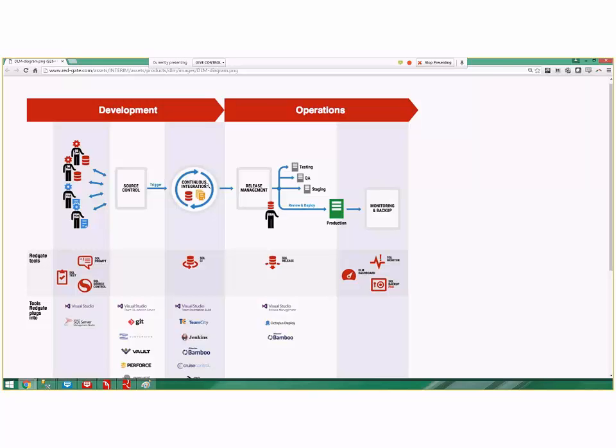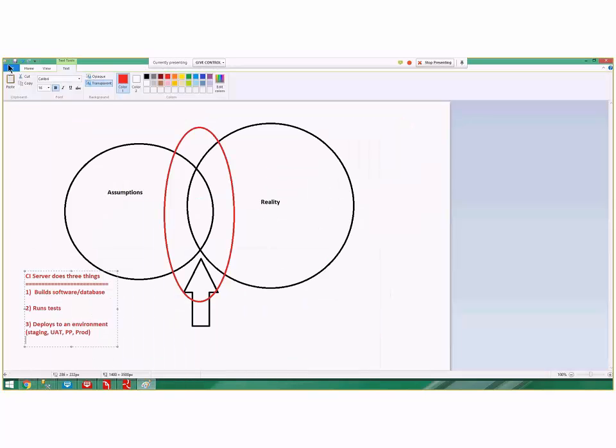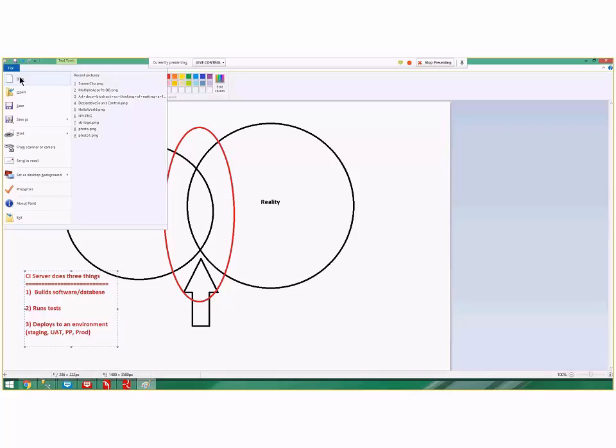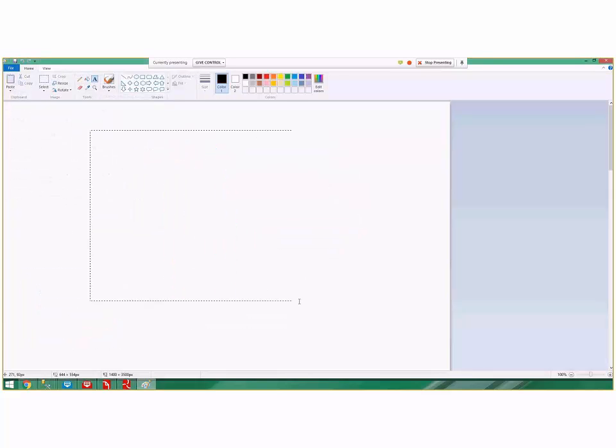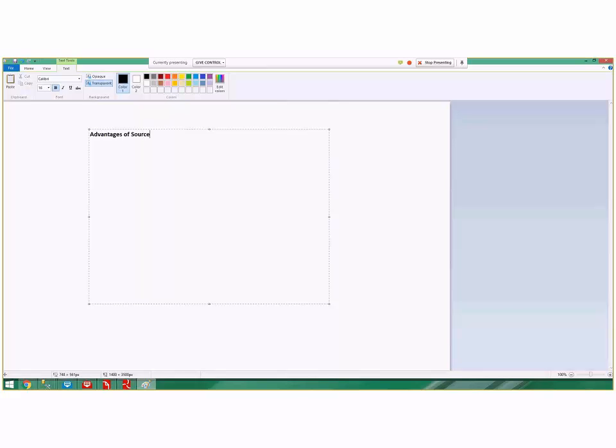All right. So I know I've talked a lot about the overall process because I wanted you to have a 10,000-foot view of the overall process. I also want you to understand the importance of just having good source control. So let's go ahead and have a new slide, and we'll call this slide Advantages of Just Source